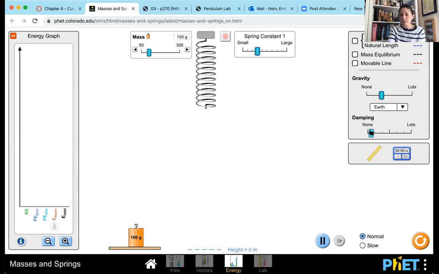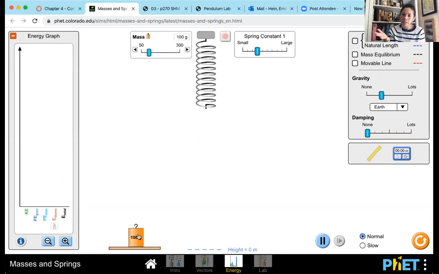I'm going to say that there is no damping, so we're going to ignore any friction, any air resistance, and we'll try to add some later to see what happens. But for now, there's none of this stuff. And then that's your total, all right? So what we're expecting to see is that the total remains the same, and that as the mass is oscillating on the spring, there are also going to be oscillations in the values of kinetic and potential